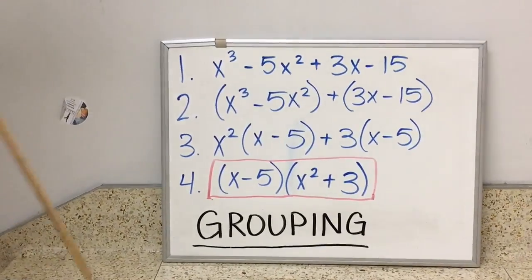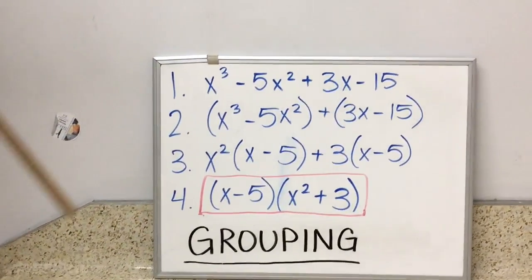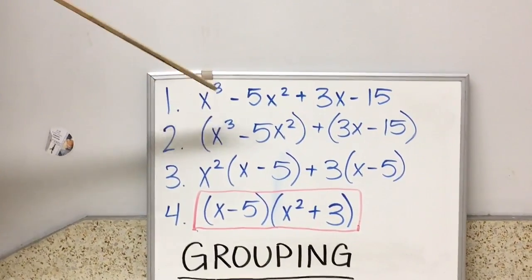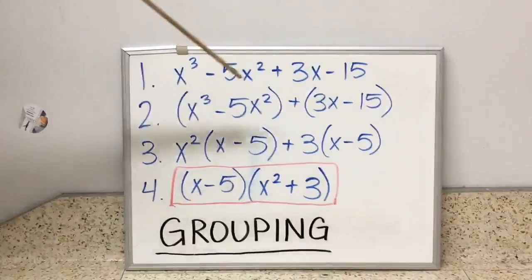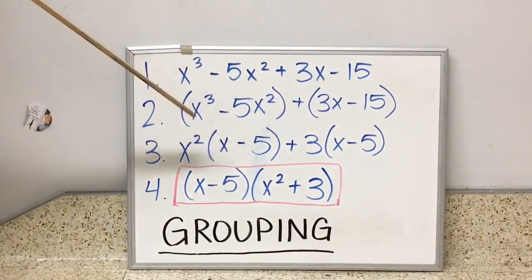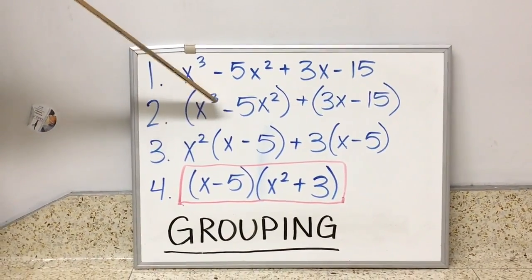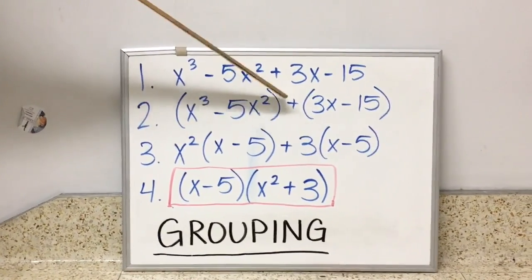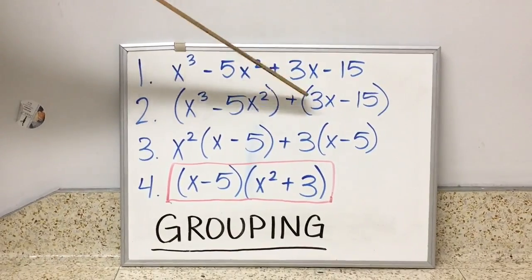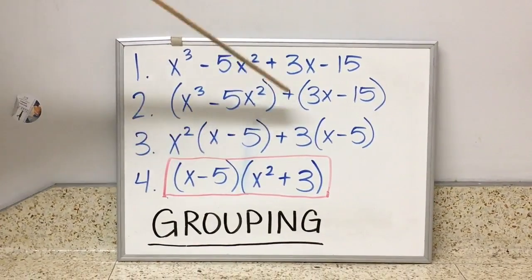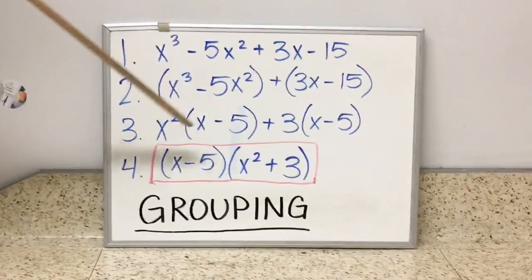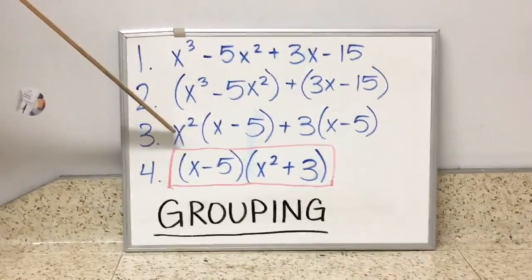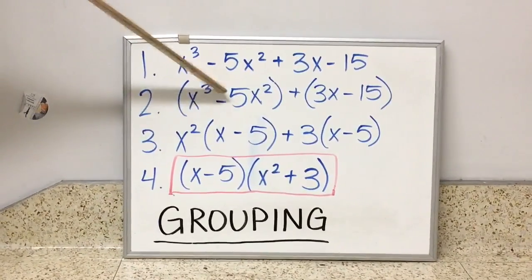For my problem, I did grouping, and so I did x to the third minus 5x squared plus 3x minus 15. Then you put x to the third minus 5x squared in parentheses, and you keep the sign, which is an addition sign, and then you put 3x minus 15 into parentheses. Then you find the greatest common factor, and it's x squared for this